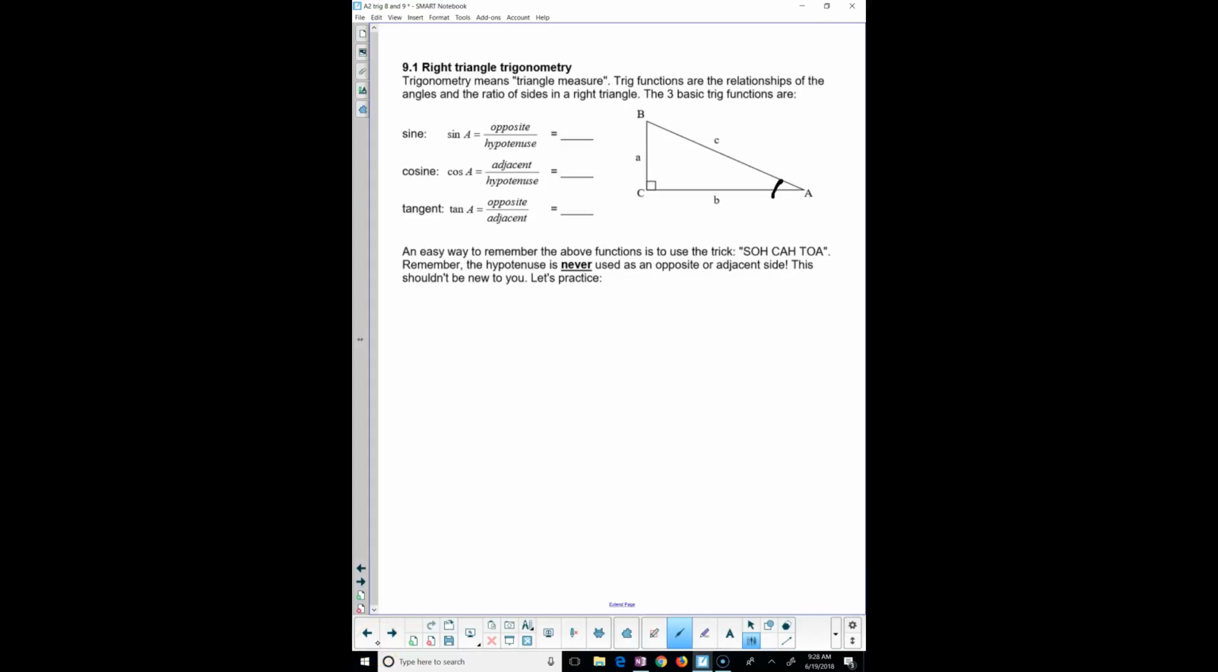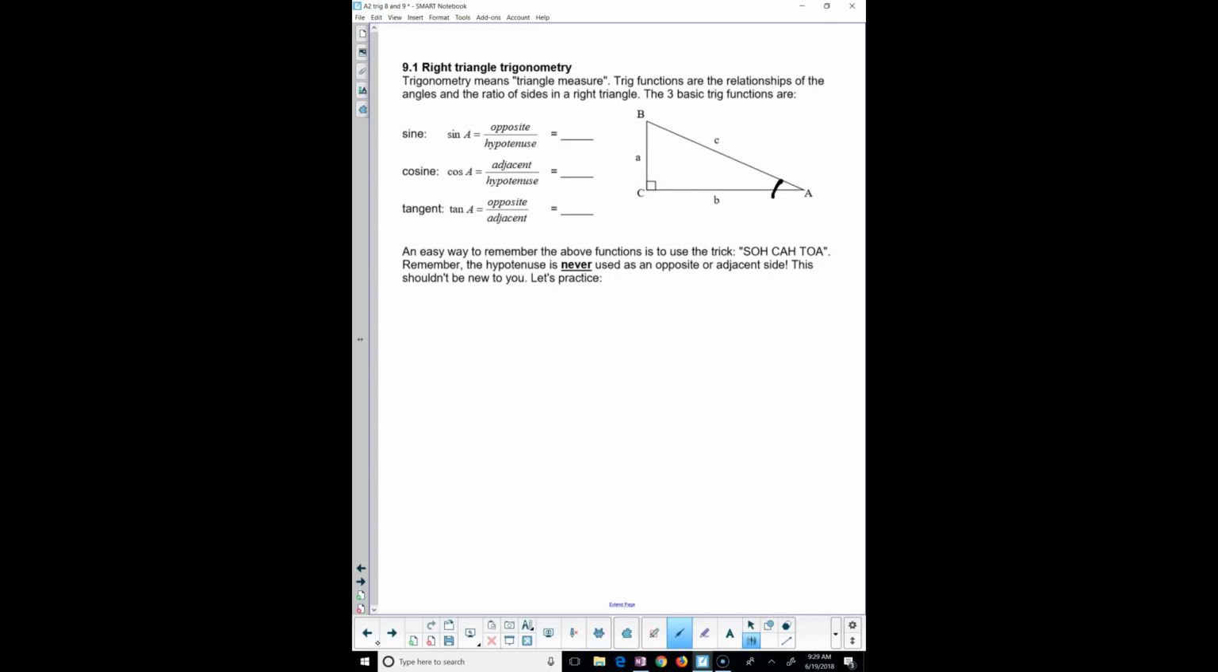Chapter 9 is about right triangle trigonometry. Trigonometry is literally the study of right triangles. So what we're going to notice is that if you have a right triangle and you have one angle, you get the other angle for free because 180 degrees is the sum. But what's also nice is if you have a 90-degree angle and another angle, you now have